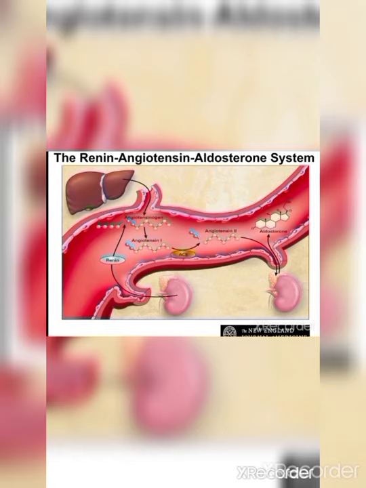So the renin-angiotensin-aldosterone system, as you can see over there, the liver is the organ which releases angiotensinogen. Now renin acts on it, which comes from the kidney, and converts it into angiotensin 1. Angiotensin 1 is converted into angiotensin 2 through an enzyme known as angiotensin converting enzyme. Now, angiotensin 2 is the second best vasoconstrictor of the body, and apart from it, it also stimulates the adrenal